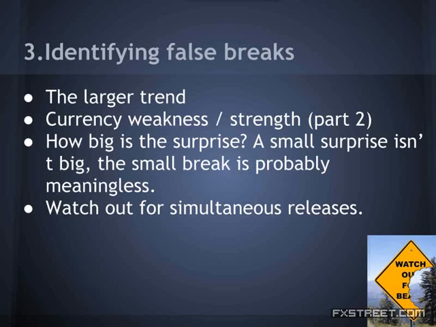And the last point here is to watch out for simultaneous releases. Sometimes figures are released together and they can be confusing. In the same country, one can be a positive surprise, one can be negative. And sometimes we have releases at the same time. The most common event, we have trade balance releases in the US and Canada always at the same time, or almost always. Sometimes both countries release job figures at the same time.